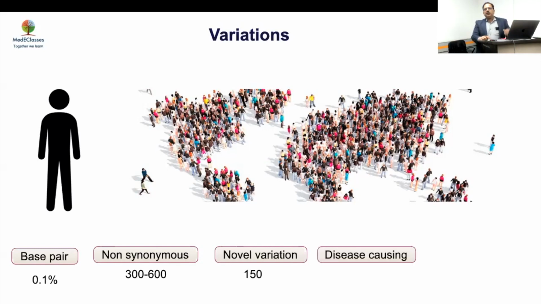Very importantly, 25 to 30 mutations which are known to cause diseases will be present in every individual, which makes it very difficult. Some countries are now even thinking that at birth, we will take the whole genome sequencing of everybody. And then based upon that, we'll say, okay, you have a risk of breast cancer, you've got a risk of this, you've got a risk of that, risk of cardiac disease. Fair enough. But what about these 25 to 30? If everybody has 25 to 30, they don't have 25 diseases.